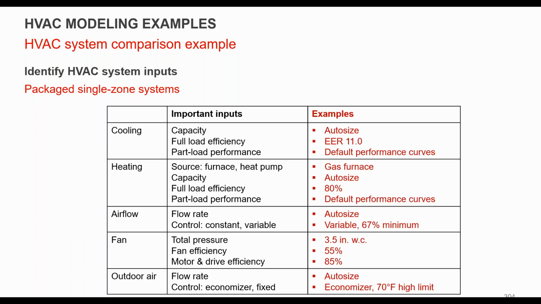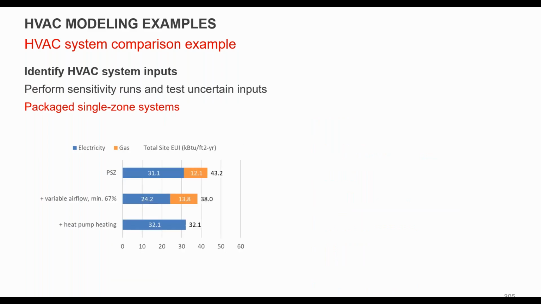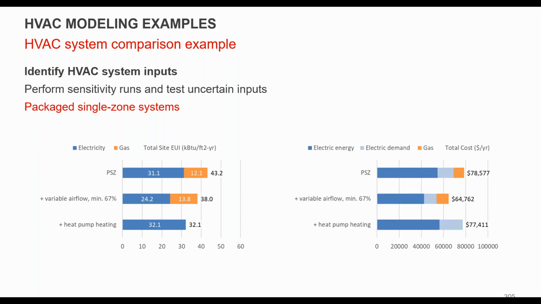Here's an example of what you might be including as your inputs to the model and keeping track of. Right, in this case, you're probably auto-sizing, which is good. You might be using default curves, following the basic economizer controls from code minimum requirements. So then you might be running sensitivities, okay? So the example of this would be, sorry, turning backward. So showing both EUI on the left, I apologize, and cost on the right.